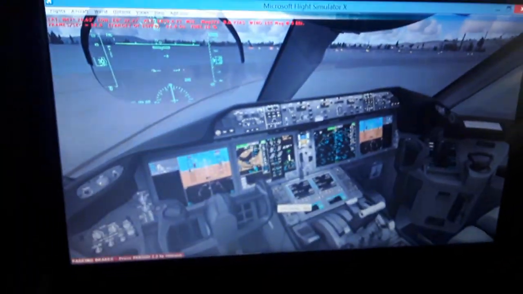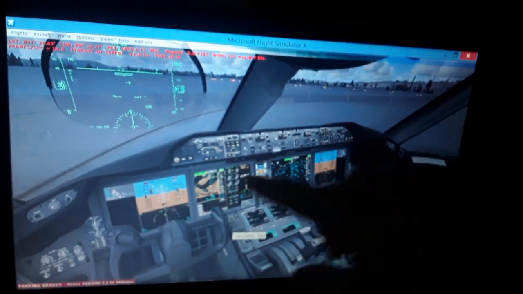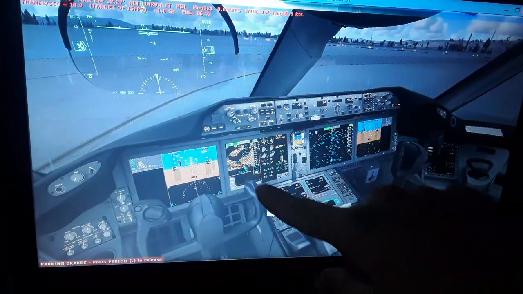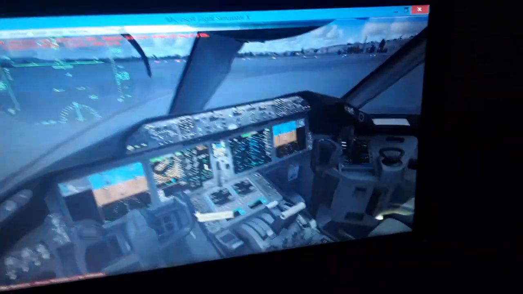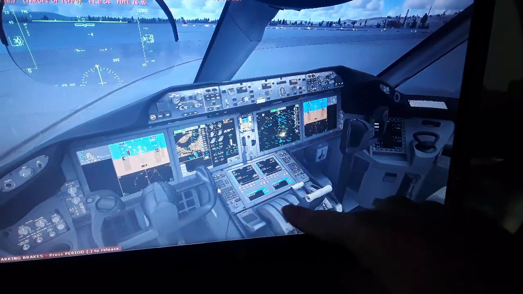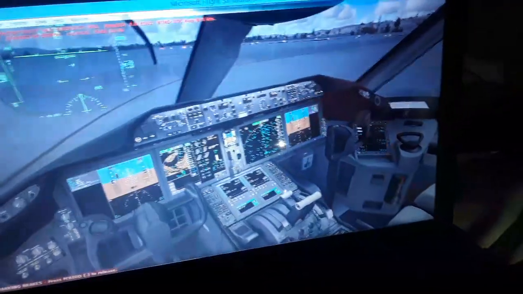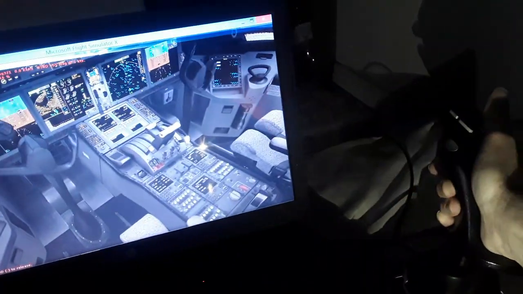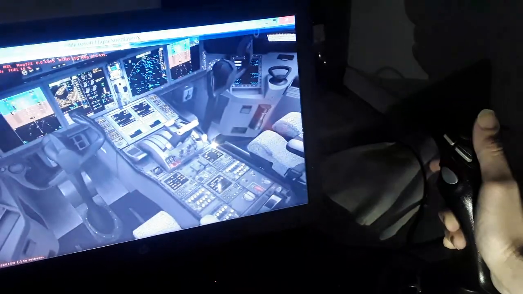After I make an explanation for all the systems and make an engine start demonstration, you will see also the autopilot flight director system panel, the primary flight display over here, the navigation display, the flight management computer, the thrust levers over here, and the flaps, the slots, the speed brakes, the flight controls over here, the control column for climb and descent, and the control wheel for making turns left and right, and